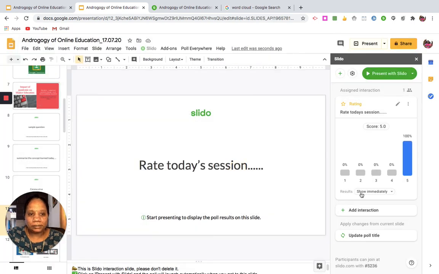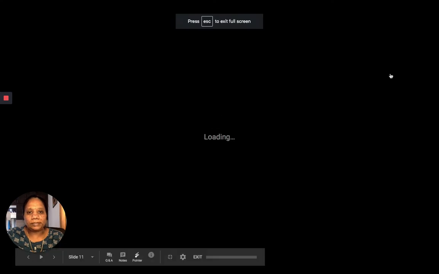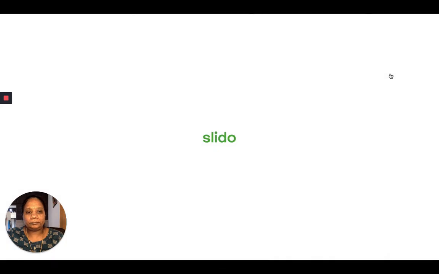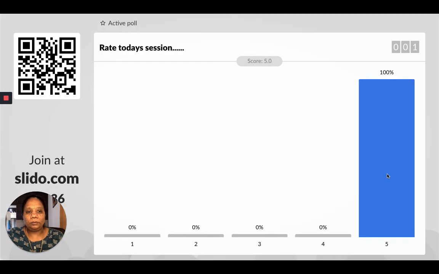Can you see, in the slide bar itself it appears, but if you want to see a clearer view of it, just give it as present with Slido, and automatically, yeah, so only one student has answered. See the count of the student appears here, and what is the score that is given.